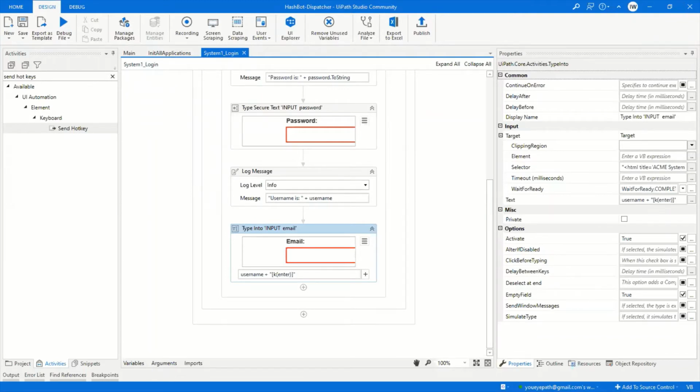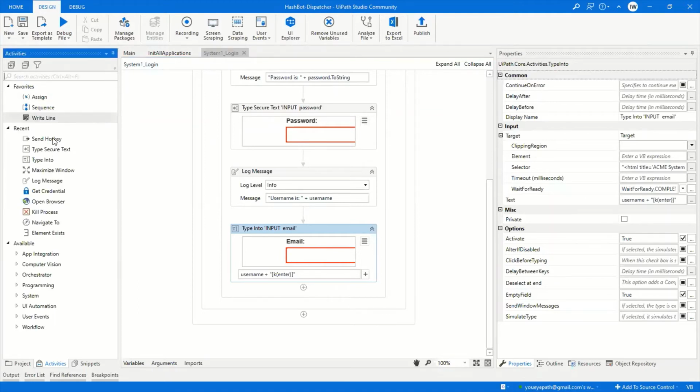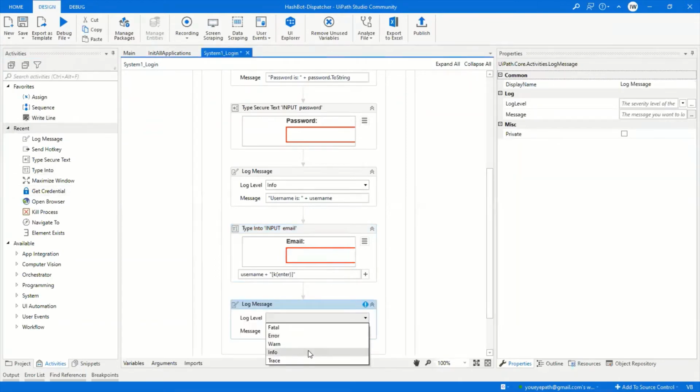It's probably not a bad idea here to actually check to see if we were successfully logged in to the web page or not. So let's bring in another log message. Again, the log messages are really the eyes that allow us, as the human user, to see what the bot's actually doing. If we were running the server side, in an unattended situation, these log messages become imperative so we know exactly what's going on step by step as the bot is executing. In this case, we're just going to say confirming successful login